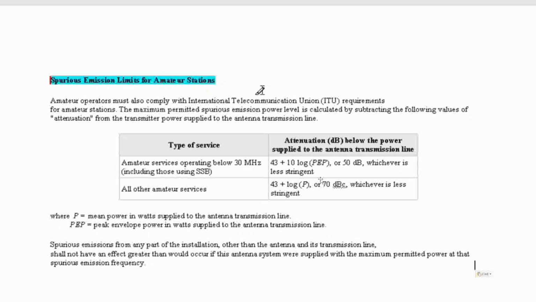It was once upon a time that wasn't the case. There were actually no limits, and the regulator decided if you had a spurious emission problem or not. But now there are